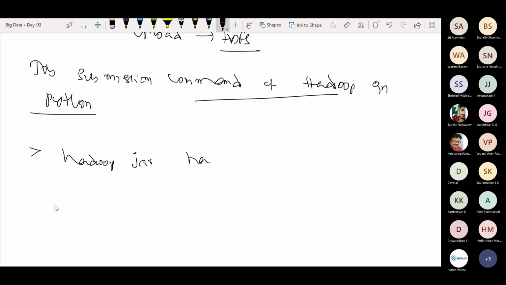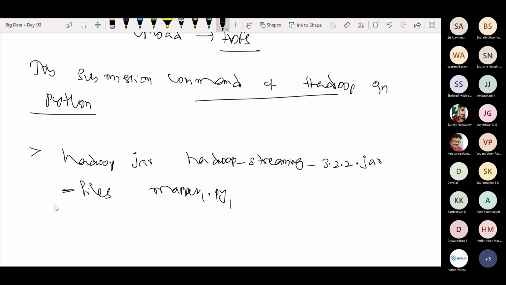Jar, Hadoop streaming. The latest streaming version is this. Though I am writing the next line, it is a continuation, friends. I need to specify the files, hyphen files. I am introducing this aspect, friends. I am having mapper1.py, comma, reducer1.py. I'll explain what exactly mapper and reducer are, but stay with me guys. And thereafter, explicitly I am mentioning what my mapper is,